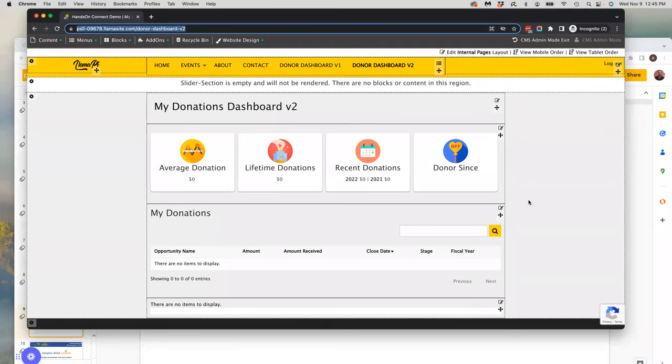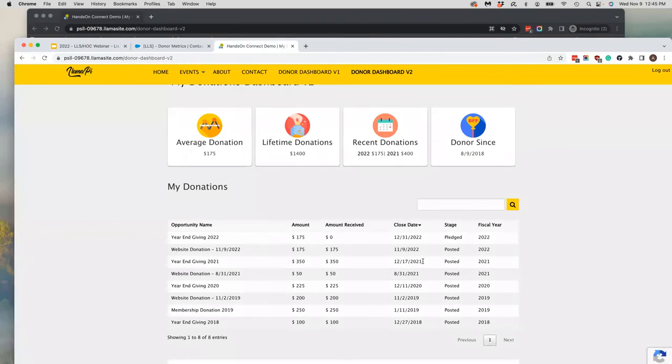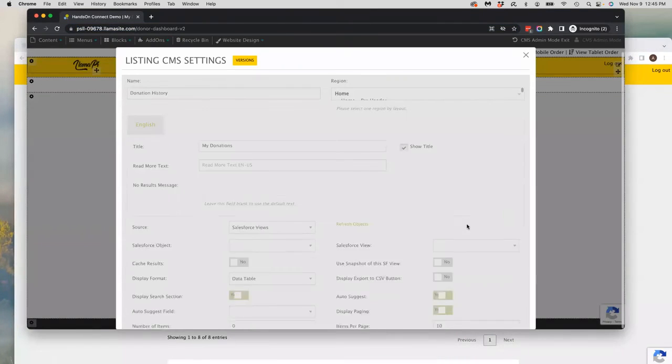So one of the things I'd like to do is that I can see here I have some that are pledged, some that are posted. So I can see that I have them in different stages, and I'd like to be able to filter by those stages. So I'd like to see everything I've pledged. I'd like to see everything that I've donated. And so I'm going to add what's called the facet. And so if I open that listing block here,